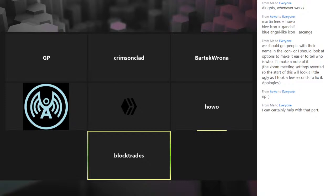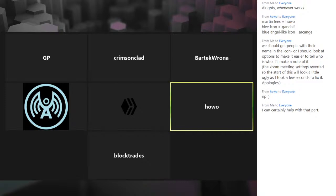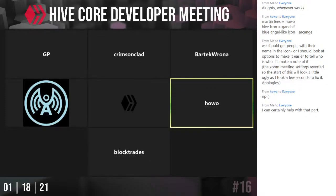So I just want to discuss once and for all to know if we want to remove the failing recurrent transfers or not. So I looked into it, and it's not really doable to make the person pay RC as it goes, because it's a plugin and it basically ties into it. I mean, it's possible, but not without big changes to the RC system. I don't really think it's the scope of the feature, and the same applies to paying a lot of RC